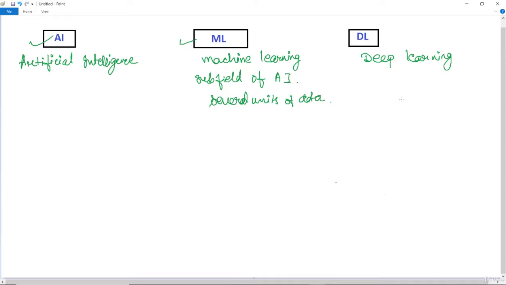Deep learning is a function of AI and a subfield of machine learning, which uses artificial neural networks to mimic the human brain. That means to depict exactly like the human brain. That is done in deep learning. Also,